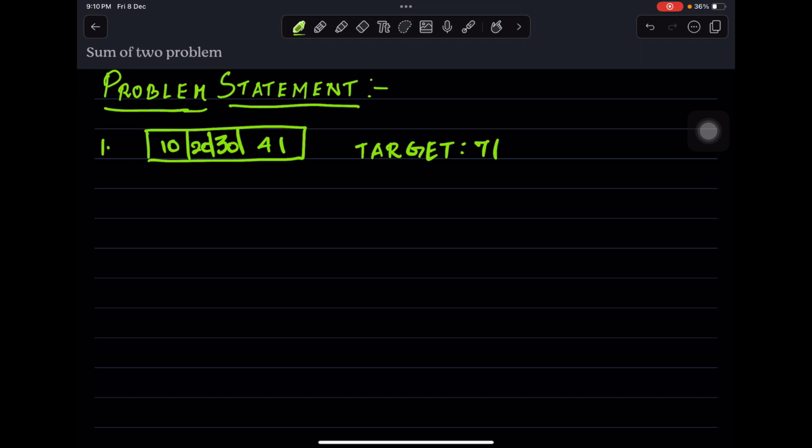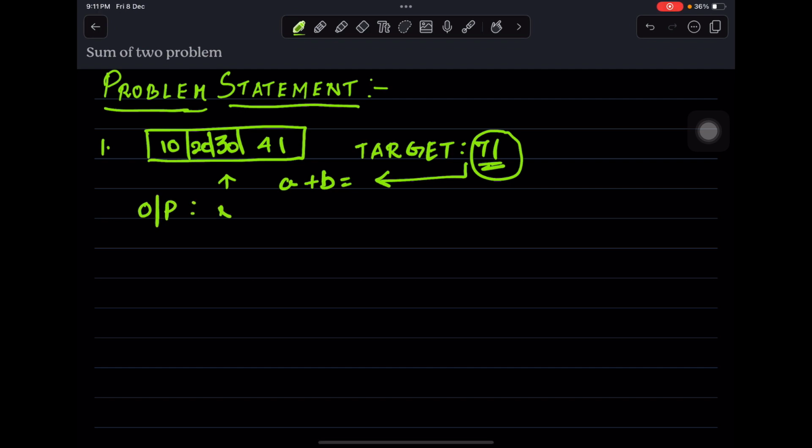The main purpose of this target number is you have to pick two numbers from this array, and if you add these two numbers, for example A plus B, that should give this target. So addition of two numbers should yield the target number 71,